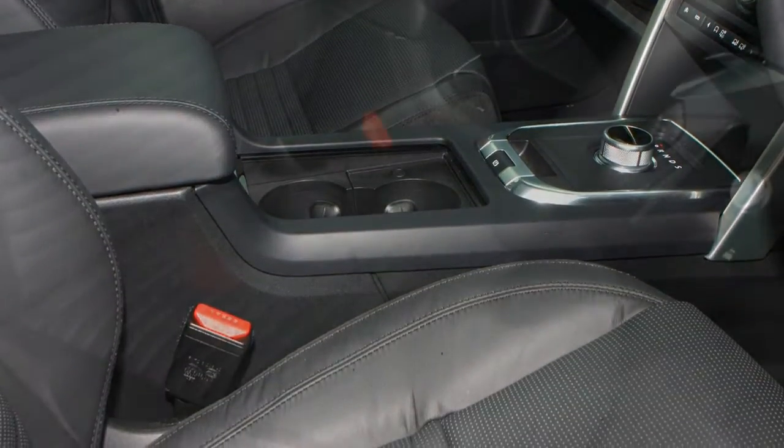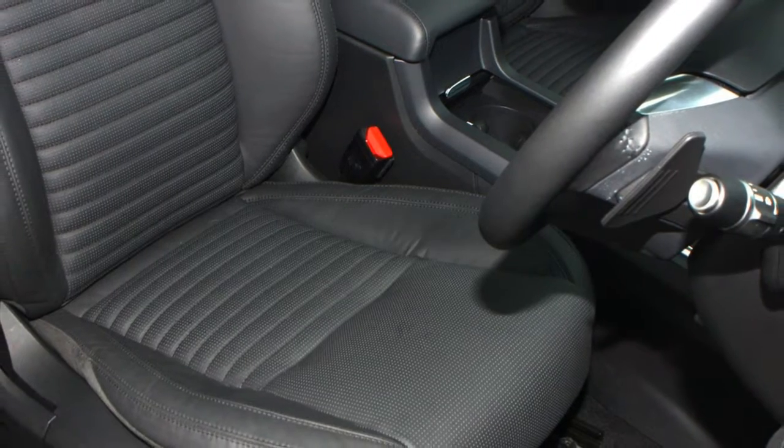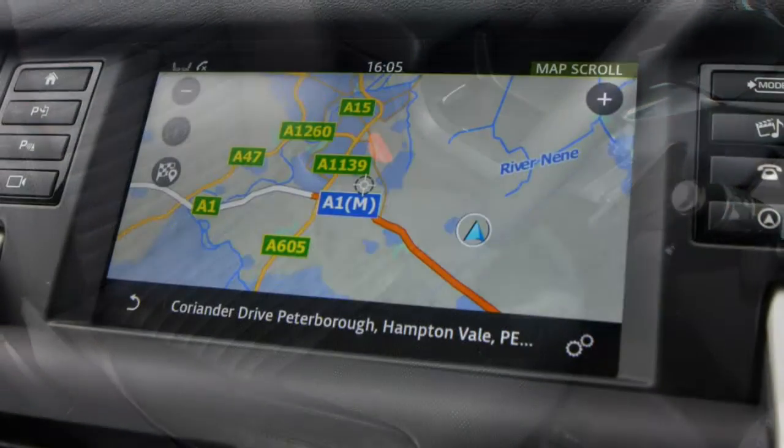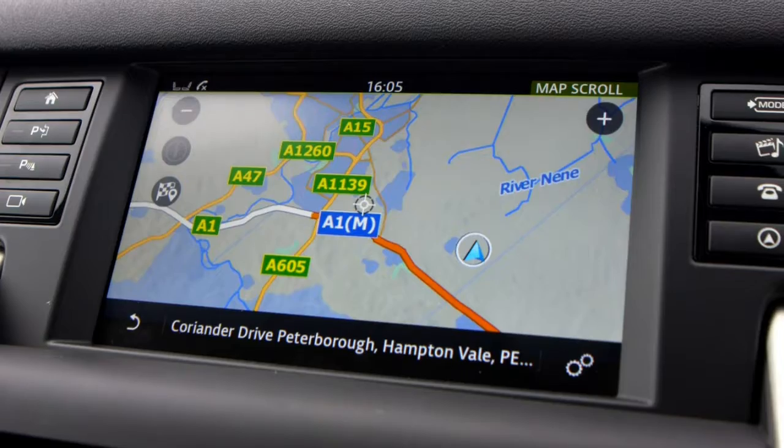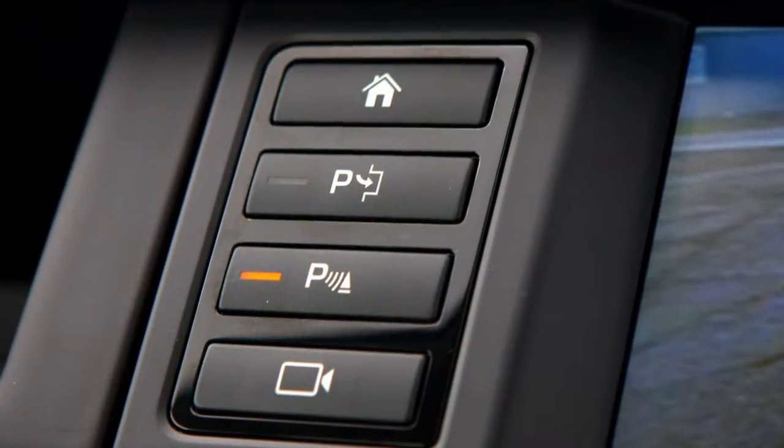Heated windscreen, cruise control, DAB radio, Bluetooth audio connection and 18-inch alloys complete the kit lineup. Tech standard kit: this version adds an SD card-based sat-nav system with touch functions and features 3D city models